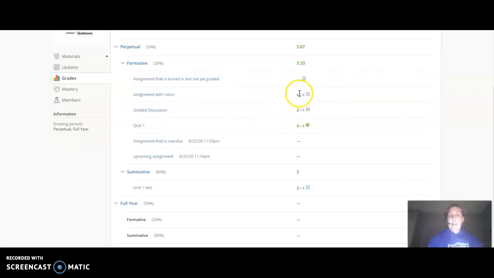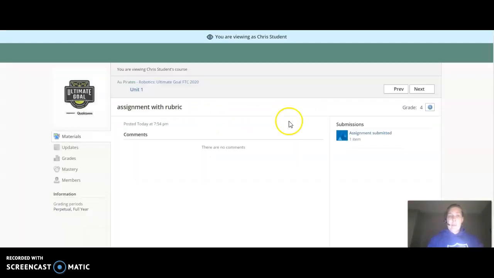And then another assignment. You can see that here is an assignment that was turned in by the student and has not yet been graded by the teacher in Schoology. And then the one that was listed as overdue and the one listed as upcoming, you can see that the student doesn't have a little icon to the right of that little dash, which means the student has not yet submitted. If you're curious about what your student submitted, you can click on the assignment with rubric,